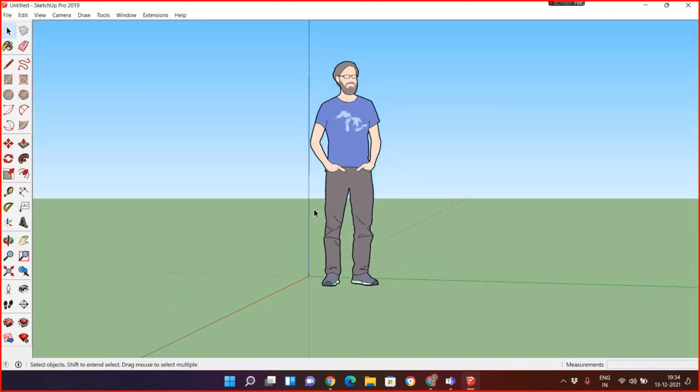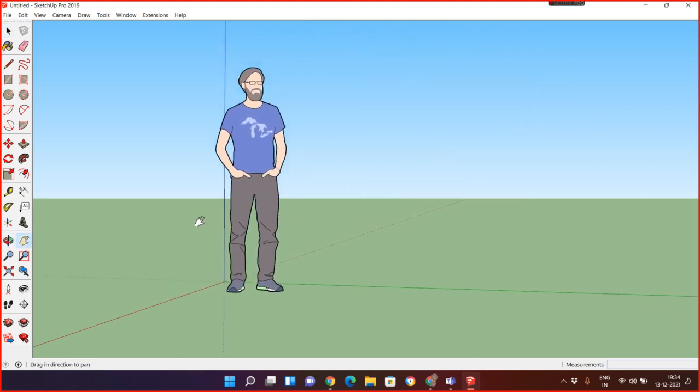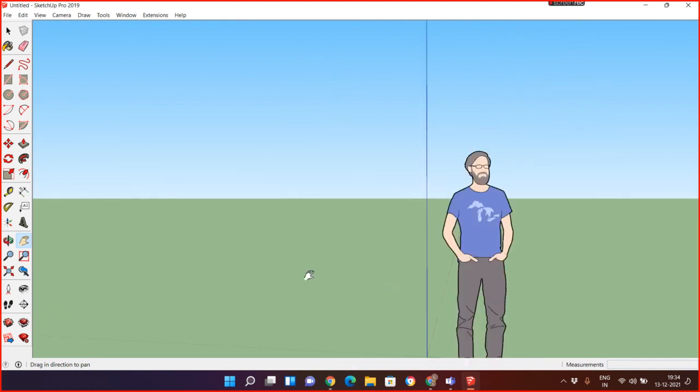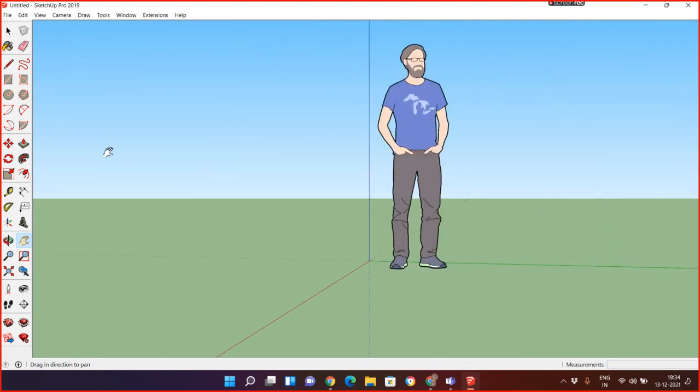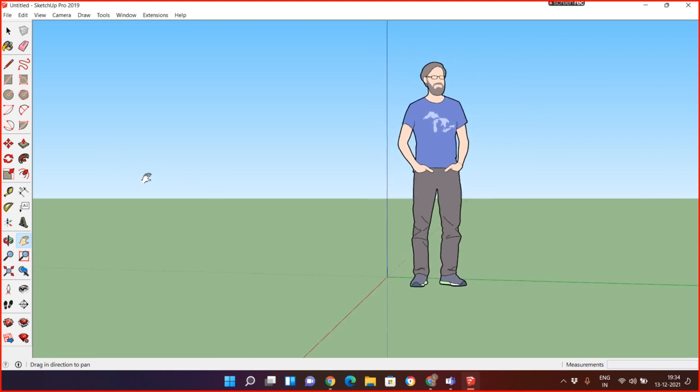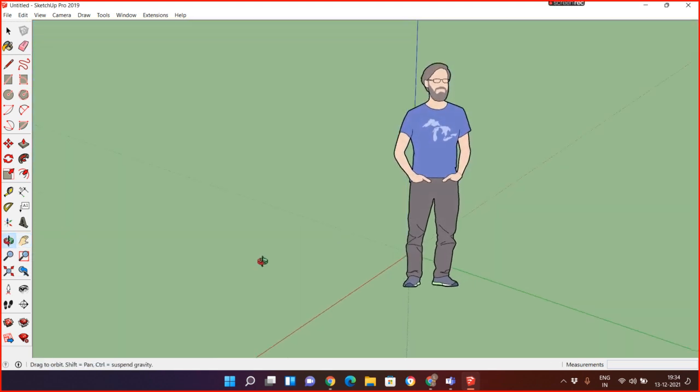If I forget to press Shift, we have a button over here. Click and you can easily pan left, right, up, down. Or if you want, click orbit, and it becomes orbit.